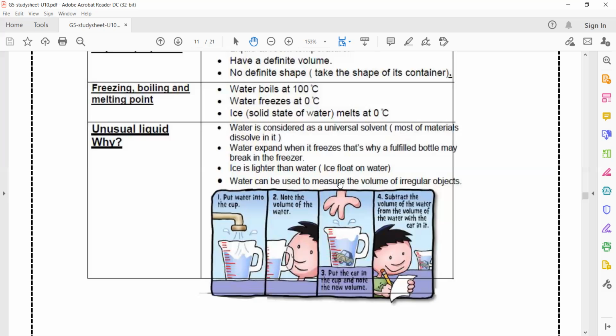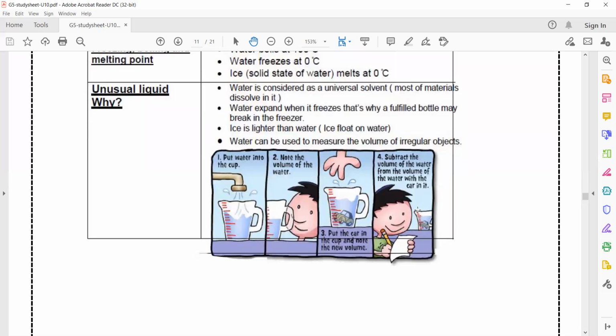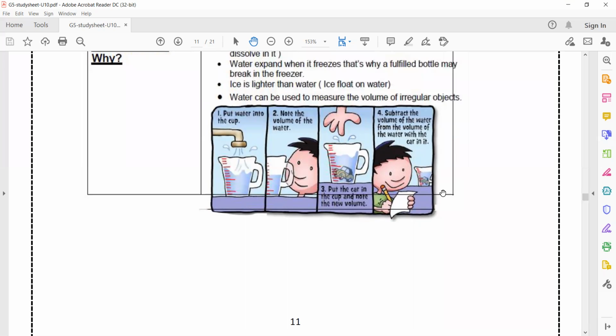Water can be used to measure the volume of irregular objects, as we learned before in Unit 2. First, you will have a graduated cylinder or graduated beaker. Put the water in the cup, then note the volume of water, or record the volume of water, then put the irregular solid body in the water, then record the new volume of the water and the object inside it, then subtract the volume of water only from the volume of water and the object, then you will get the volume of the